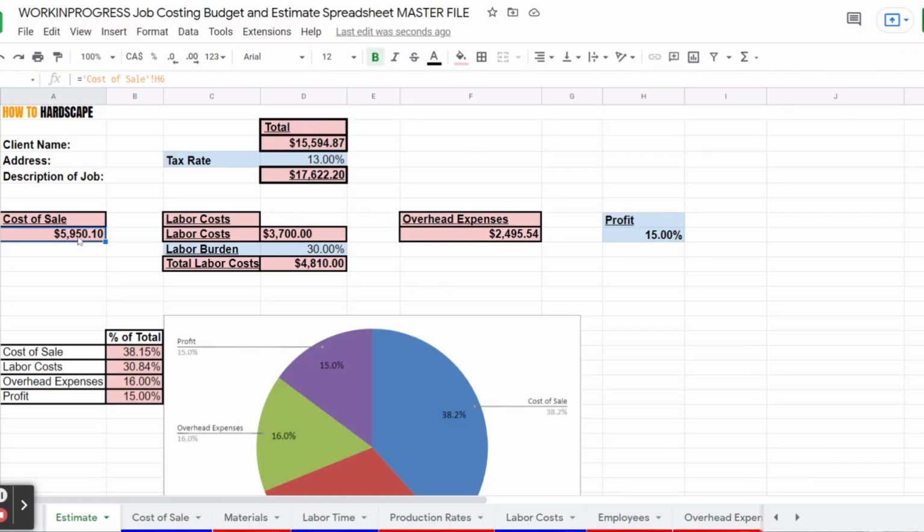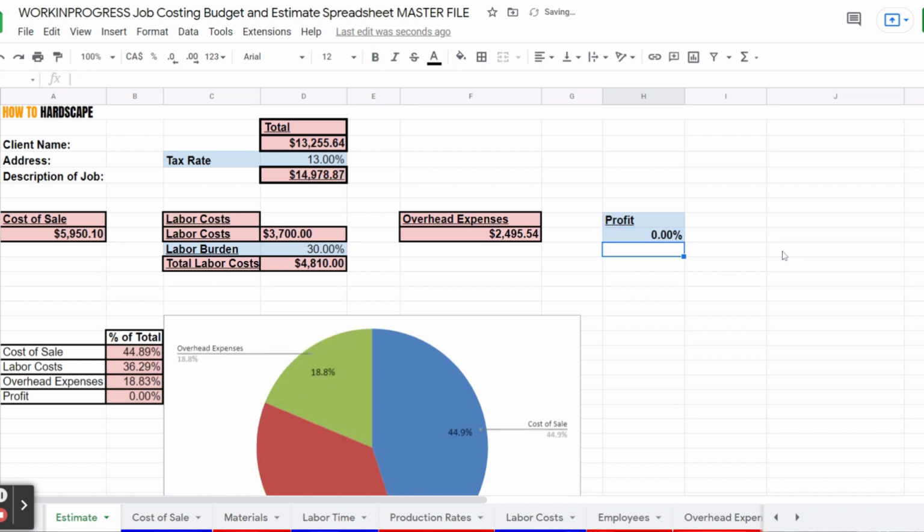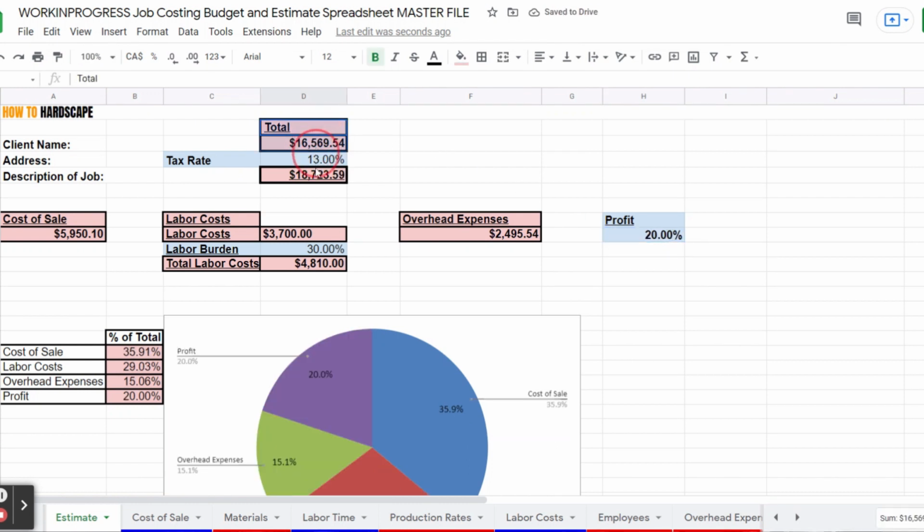Now with all that said, in our estimate and quote, we then have an amount that we can apply our profit margin to. We talked about that in our budget video. You'll want this to be more than 10%. Overhead expenses, our labor costs and all of that, our profit and everything included in that, which we can then apply our sales tax to because the government's got to take their money.